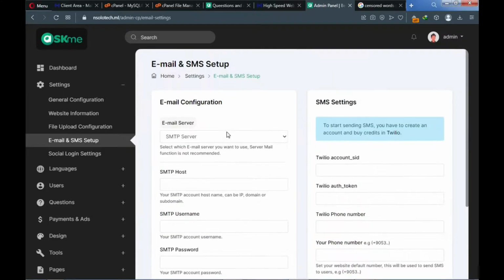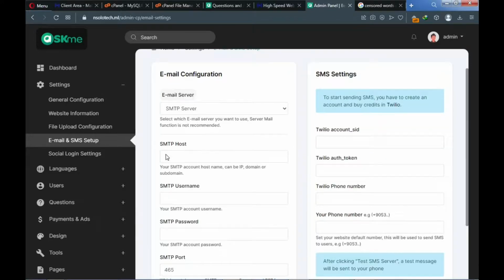Now if you have a problem with email delivery, you can set up an SMTP server here. Enter the SMTP host, SMTP username and SMTP password. If you have problems with this, after doing everything, and maybe later you have a problem with your